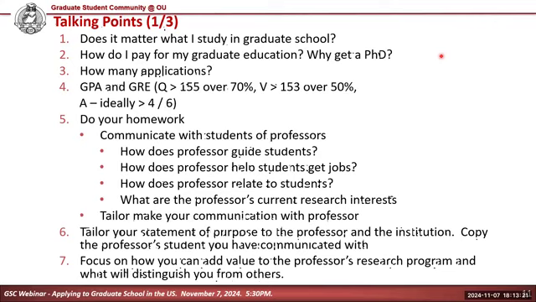You can also do that through Google Scholar. Then once you've done that, once you go along and find 1 or 2 papers of that professor, read what is in those papers, and then communicate with the professor saying, I read these 2 papers, recent papers of yours. This is how I can contribute to your research program. It's not, hey, this is what I've done, this is what it is, this is my history. You figure out whether or not I can work for you. That is not what's going to get you in.